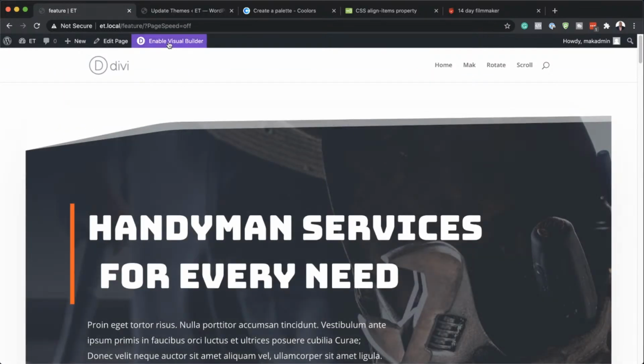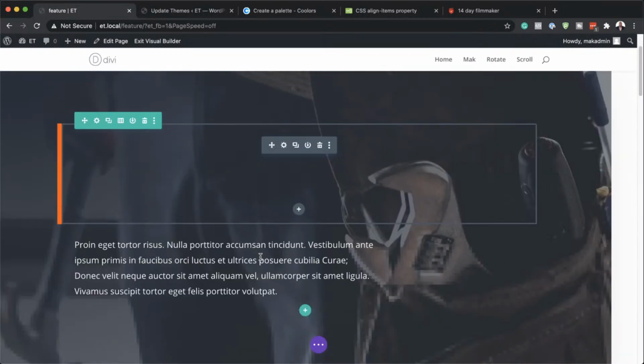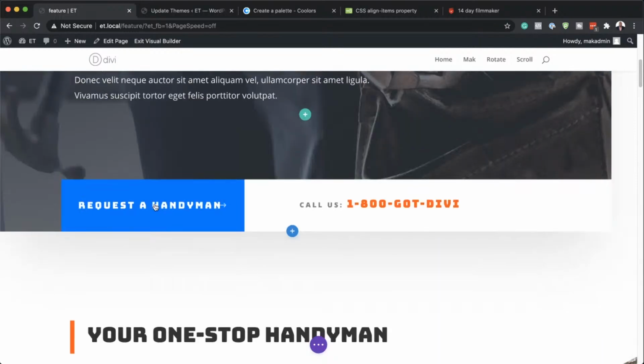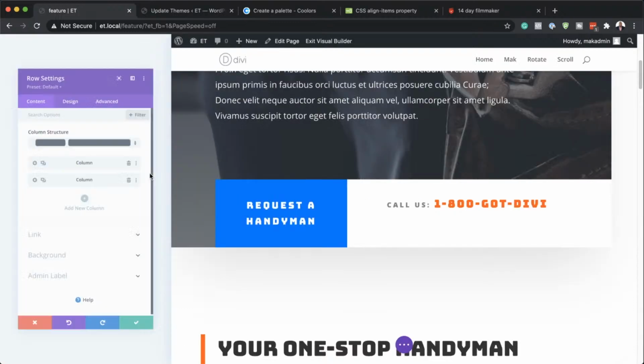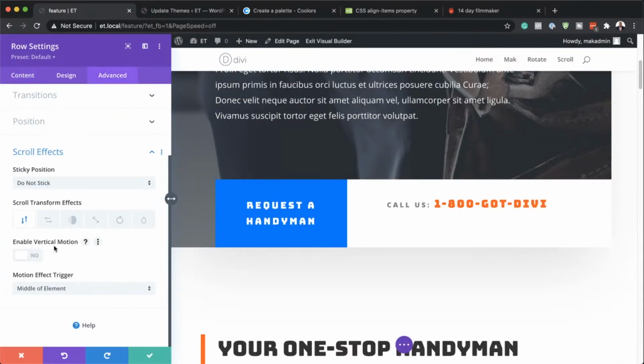Okay, so now I'm going to go back in, and this should definitely work. All right, so to find this feature, the Divi Sticky Options, what you want to do is to first identify what you want to make sticky. And in this case, as I mentioned, we want to make this part here, the call to action, sticky. So I'm going to go into my rows and then click advanced, scroll effects, and